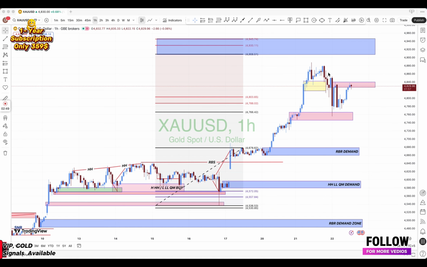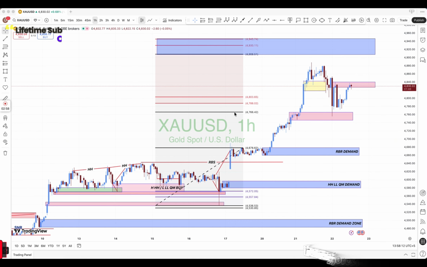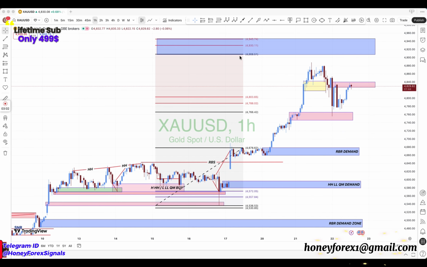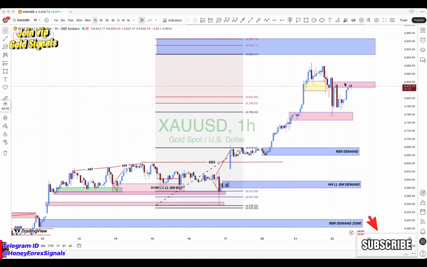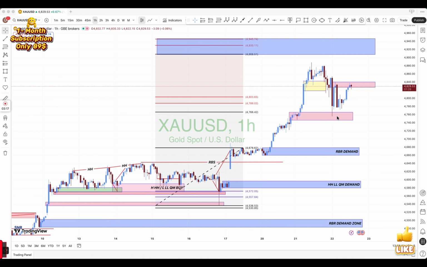Here we see in the H1 time frame a drop base drop supply area. So if we apply Fibonacci high to low here, our second target is 0.618 and the reversal zone here is 4908, 4930, 4945. So this is now if the market respects this rally base rally demand zone, and we can see the order block area. And now currently,